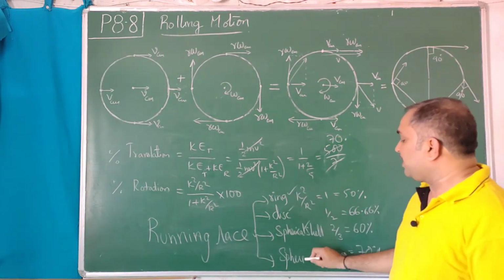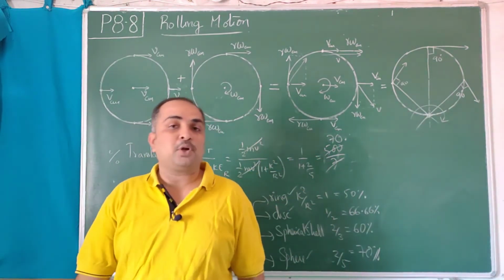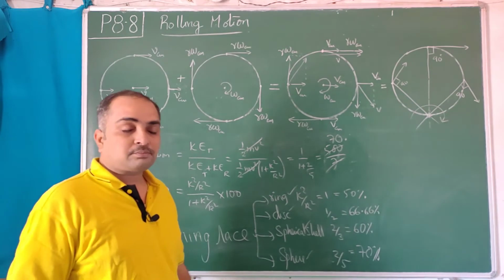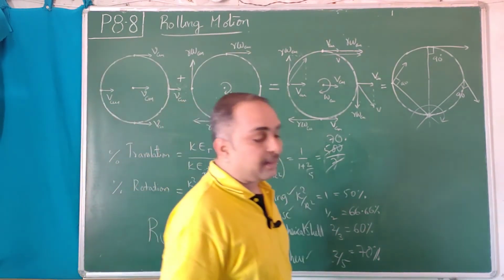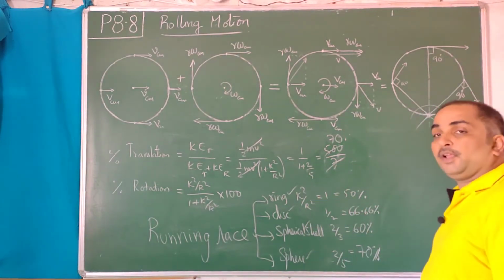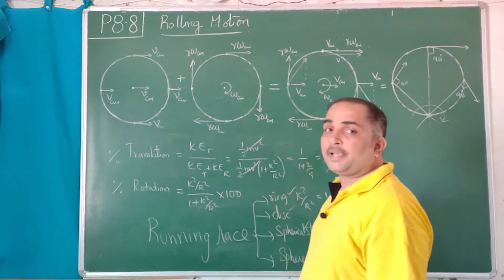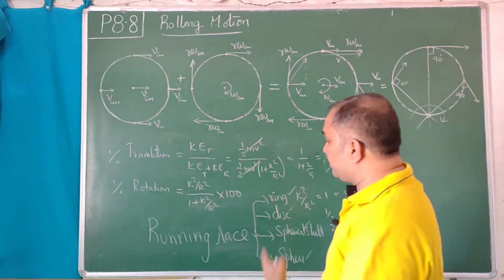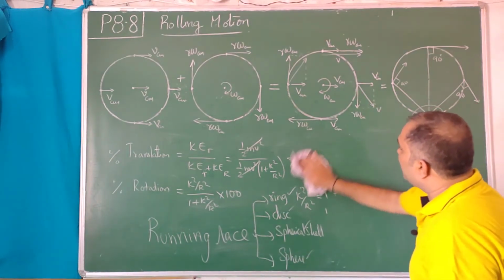Disc, sphere, solid sphere, hollow sphere, whether they are big in size or small in size are unimportant, because the mass factor has already got cancelled. Whether you have taken 1 by k square by r square, it's a shape factor, not a mass factor. How the mass got distributed. So when you are doing the moment of inertia topic, practice as many times as possible, because these things will help you there. So I hope you understood this.